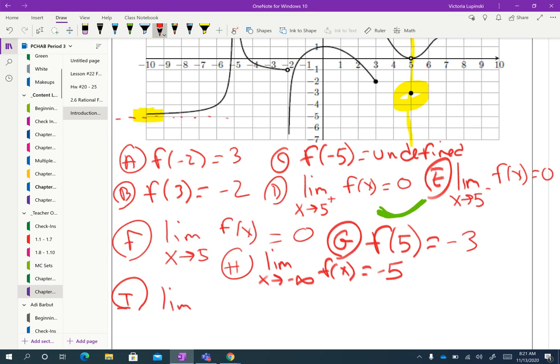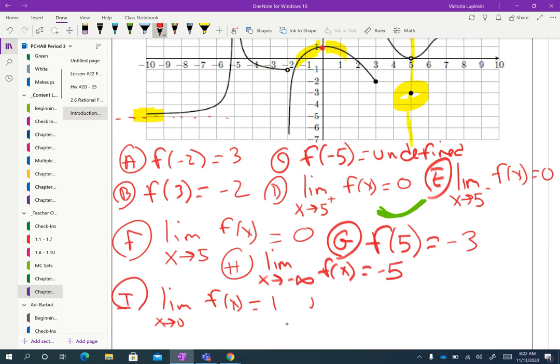Let's do the limit as x goes to 0 of f of x. So if you're being asked as x goes to 0 of f of x, that means you have to consider both the left-hand and the right-hand approach. So at 0, the graph appears to have a value of 0, 1. In order to find the limit, you would have to consider the left-handed approach and the right-handed approach. If those two sides are going towards the same exact spot, congratulations, the limit exists, and it's whatever the y